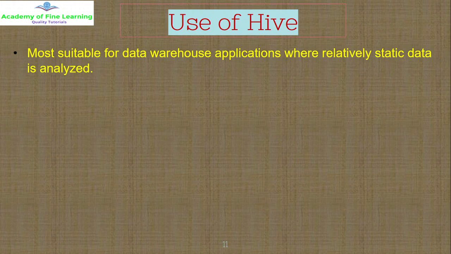A data warehouse generally holds historical data, the last 5 years, 3 years, or 10 years of data, to analyze, and it's static data. When you analyze that kind of data, it's very suitable to use Hive, because that data warehouse data will be in petabytes. It's large, static data. It is structured data also, and Hive is very much designed for structured data. Hive cannot operate properly on top of unstructured or semi-structured data.